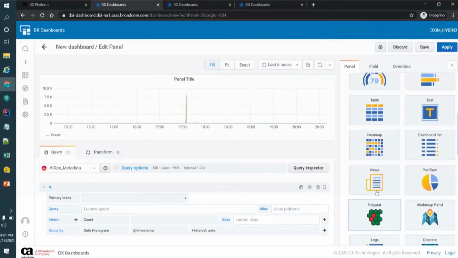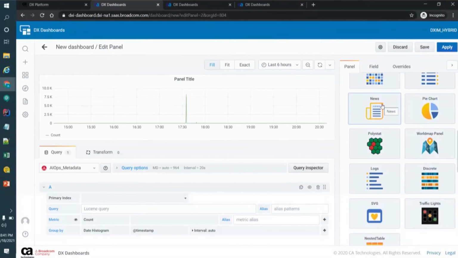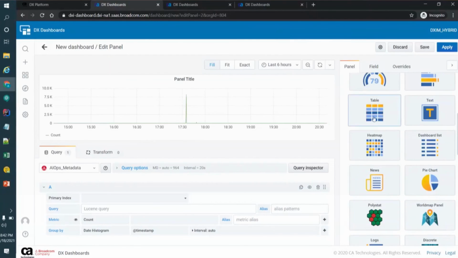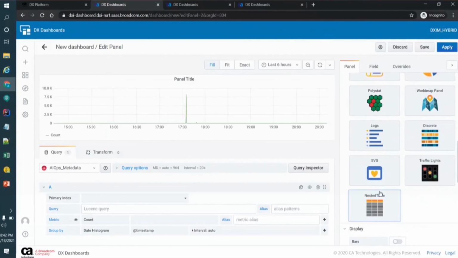Just because I'm saying old table and new table, nothing that was built with the old table in the 6.x release or previous versions will be impacted, and everything will work seamlessly with the new table. And things that do not work with the new table are still supported with the old table. Suppose you have nested rows, services, sub-services, and a hierarchy to be shown. This new table does not support it. And your old table is still here and you can still use it and go ahead with the older version.